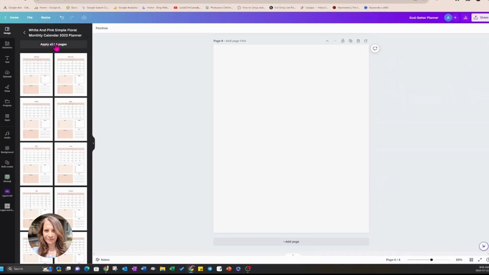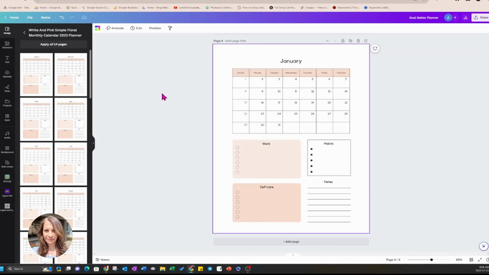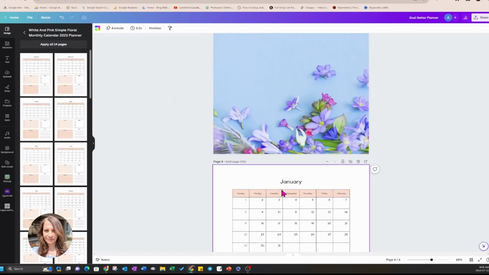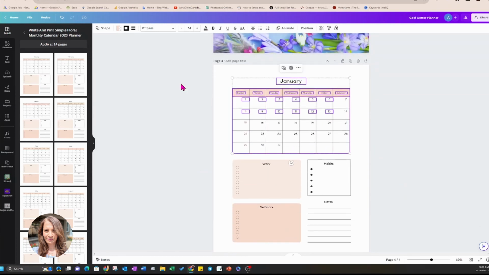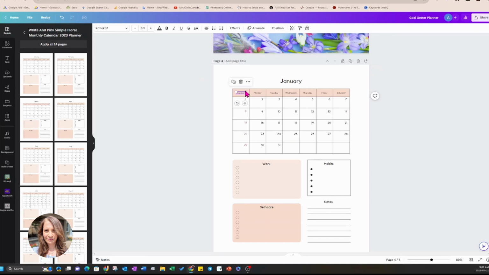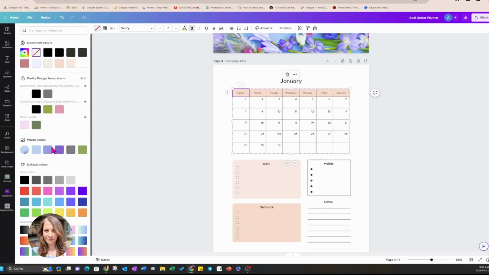You can apply all the pages, or you can do one at a time. So I'm just going to add one for now. There's my January, and again, I'm going to grab that page. First, what I'm going to do is change the color in here to match my other colors. So I'm going to come in here, and you can see it's grabbed the photo so that I can easily just